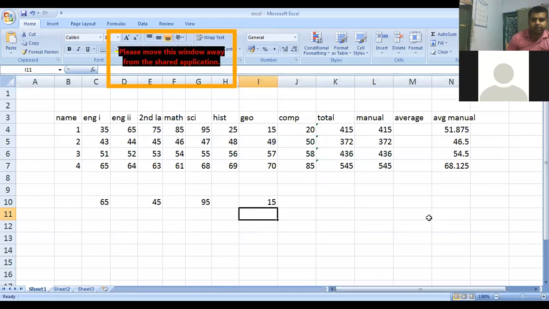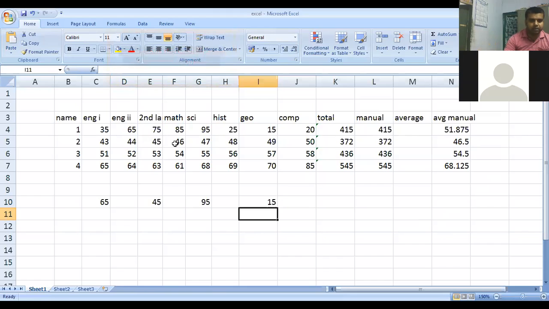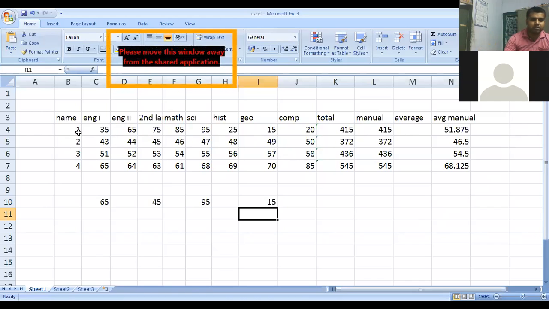So as you can see, we have learned two functions. Number one is the sum. What is the sum function? The sum function can perform the total of all the values in a range of cells. You can add 2-3 numbers manually, because there you need not maintain the cell addresses. But if it is asked to add 100 numbers, then it is not possible to remember 100 cell addresses. That is the time when we use the sum function.